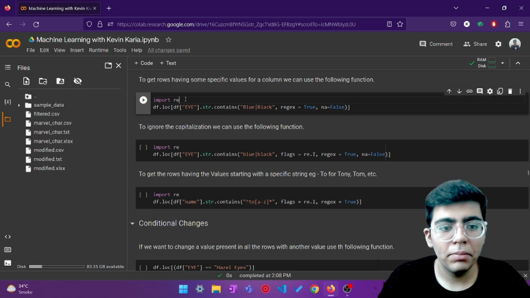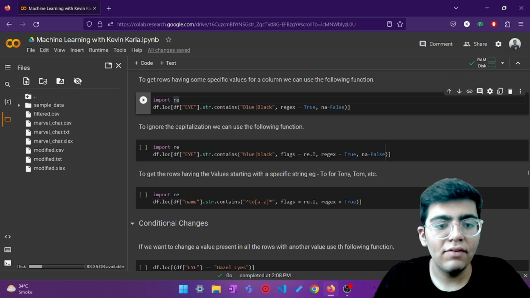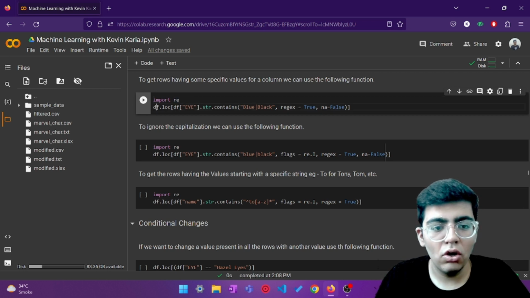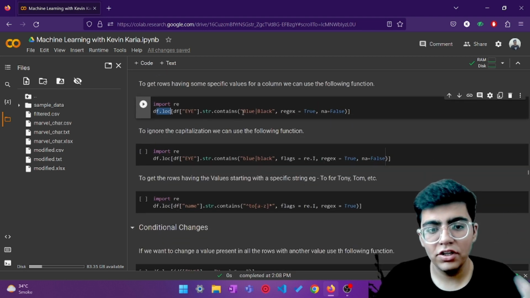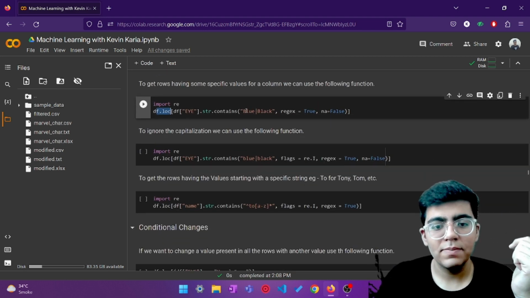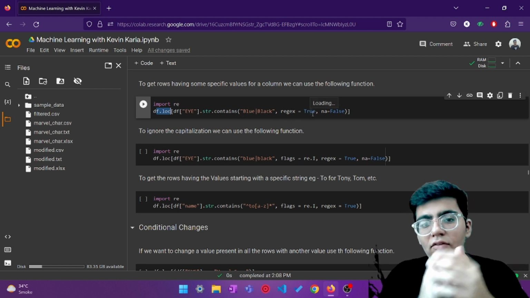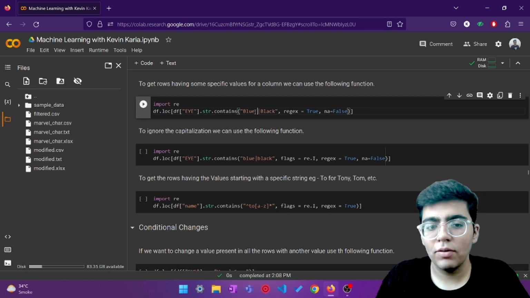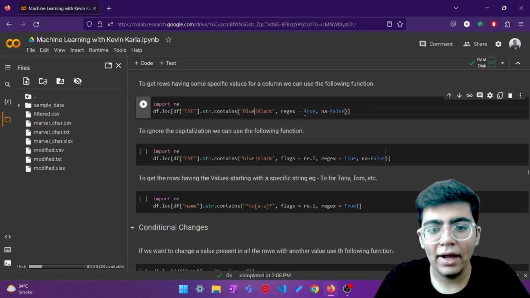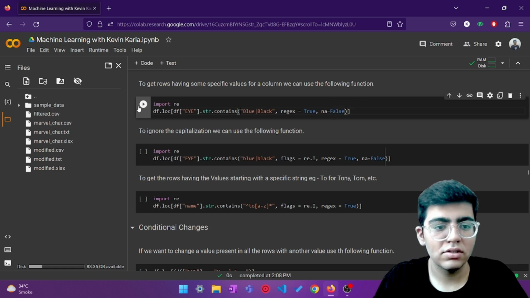So over here we are going to import re for regular expression, and then we're going to use the df.loc command, and over there, using the same contains function that we used above, you're going to create a regular expression which is either blue or black. And because blue and black were capitalized, that's why you're going to write it as Blue eyes, Black eyes. You could even write space eyes over here, and that should work perfectly fine as well. But we're just going with blue or black. Regex is true, and null values are ignored, so NA equals false. So let's run this,